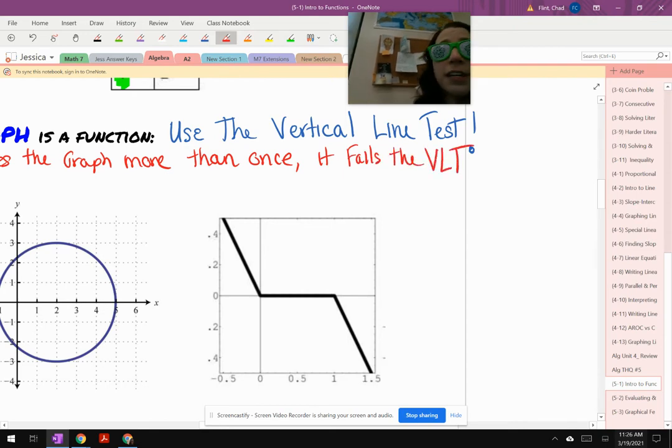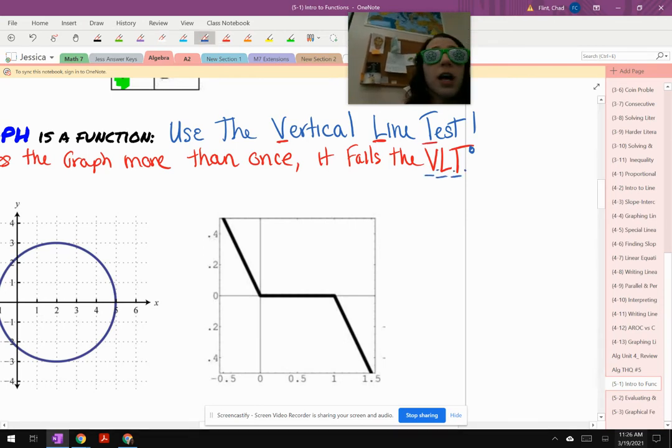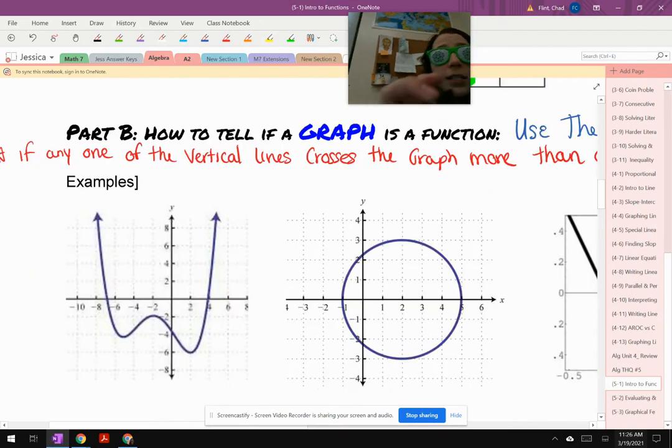I'll abbreviate VLT right there, vertical line test. Don't let me lose you, VLT, vertical line test. It fails the vertical line test,